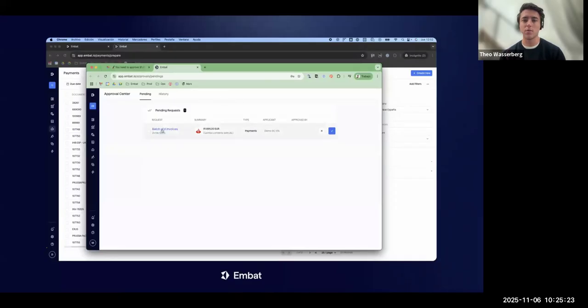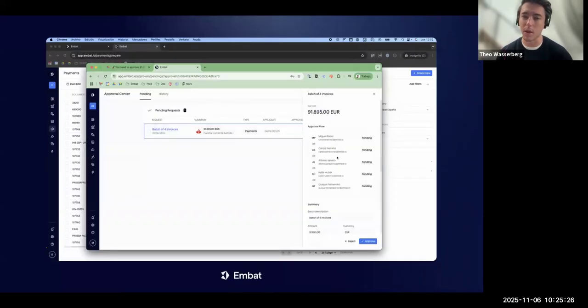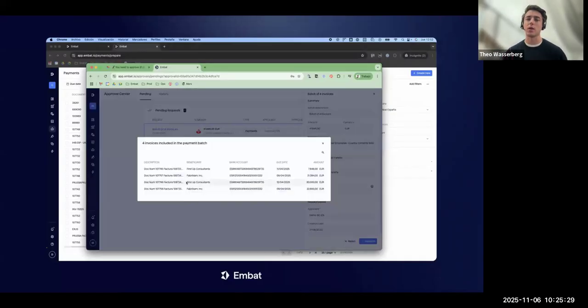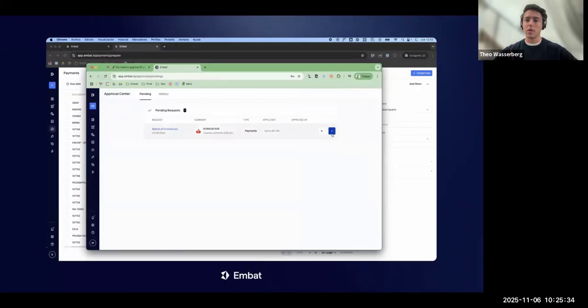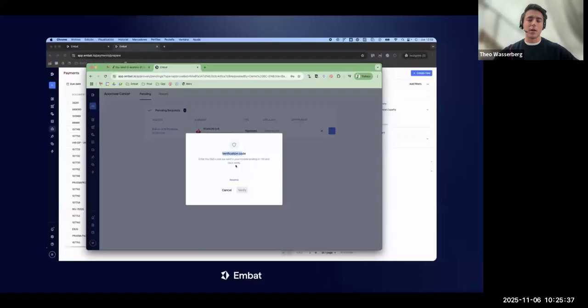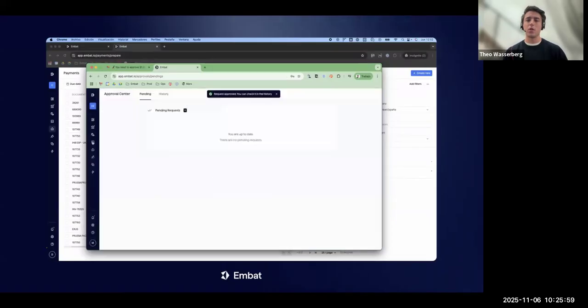I can see the batch and I can say, yeah, I know what this is. I'm happy to make the payment. I can see all the details. Let's go ahead and make the payment. So I'll go ahead and approve this. Again, I'm going to get another two-factor authentication because of the limitations around payments. So I get the next authentication code, and I can do it through an authenticator app, or I can do it through mobile, but I'll type that in. And once I've done that, I verify and approve the payment. So approval's done, payment's been made.